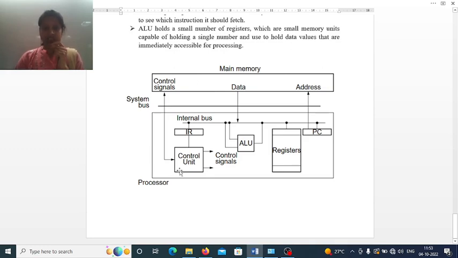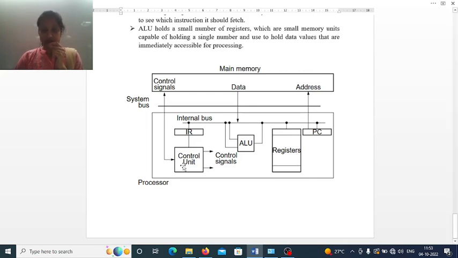The address of the encoded instruction which is to be decoded will be held by the instruction register, and the program counter will be incremented by 1, holding the address of the next instruction